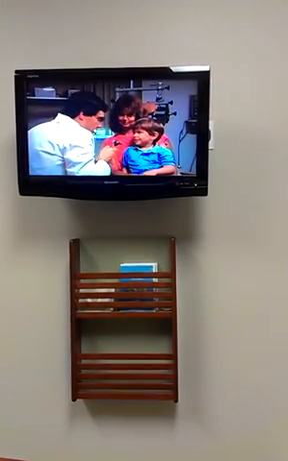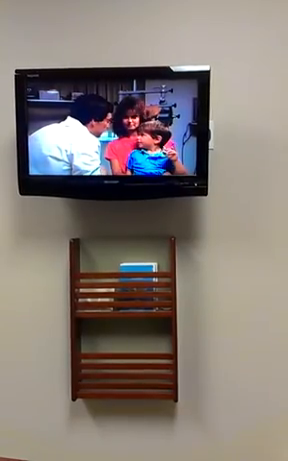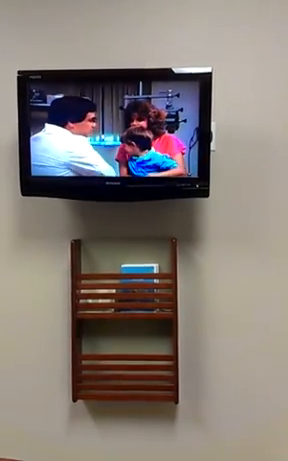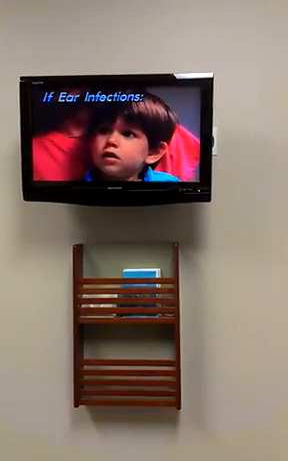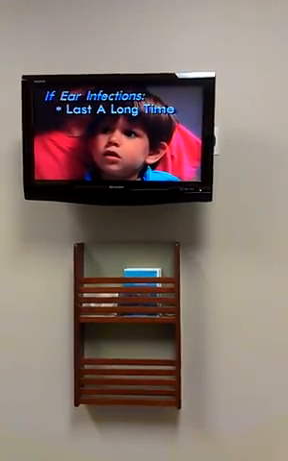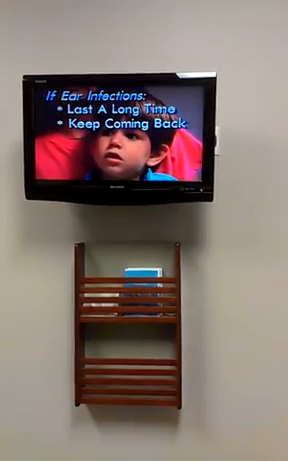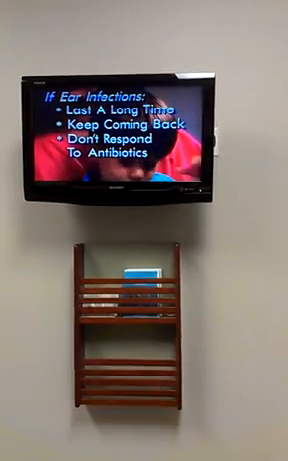You know, you've been having a lot of ear infections, and I can see some changes in that ear of yours. If ear infections last a long time, if they keep coming back, or if they don't respond to antibiotics,